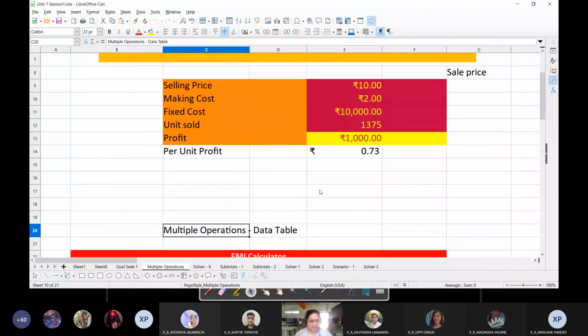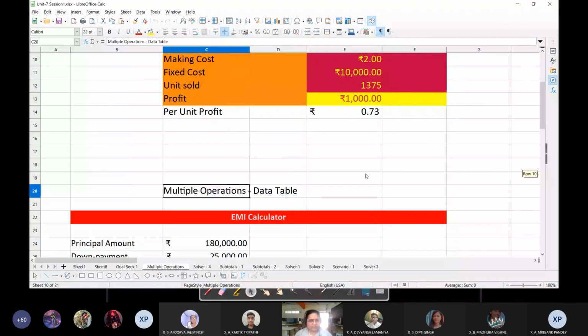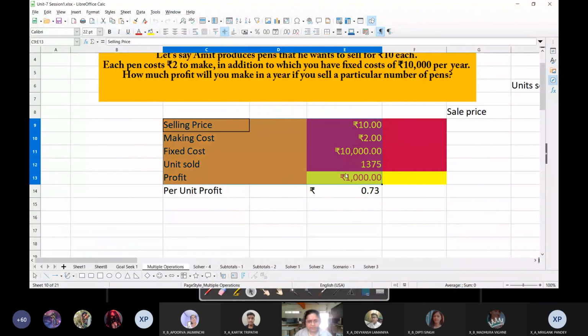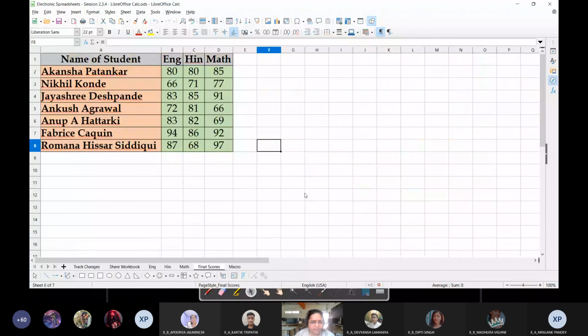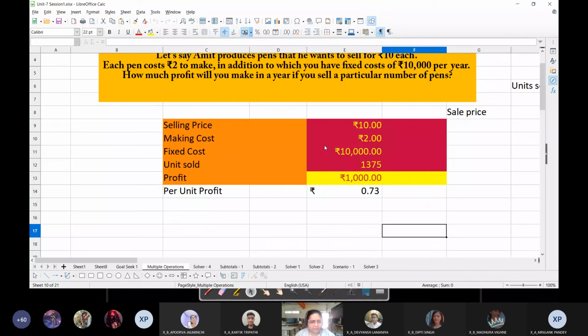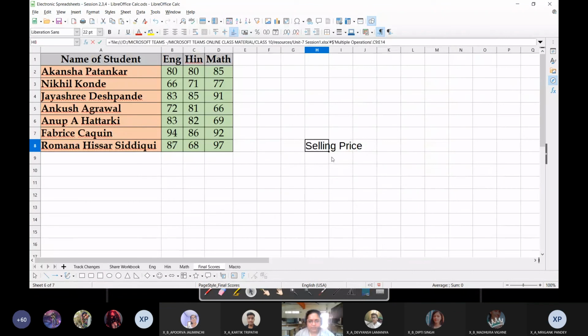So this is my sheet, and there is a lot of data over here. What I want is this particular data in that sheet. So I'll come back to my original sheet, place my cell pointer in this cell, and just type equals. Go to that worksheet. I'm using Alt Tab to switch to my other worksheet and just select the cells. Press enter, and you get selling price over here, right?